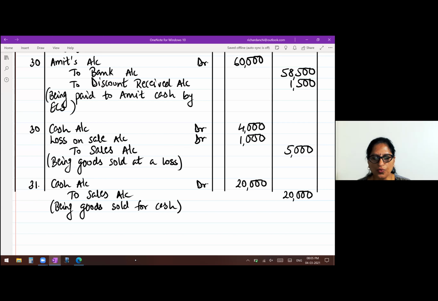Okay, students, we have finished with all the transactions. Now I'm going to tell you to complete the problem. What is that completion? You have to take the total of the debit and credit columns. Okay, so that instead of giving you ready-made answers, you have to find it. So do the totaling of both the problems and complete the problem.